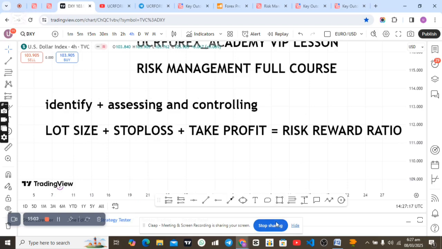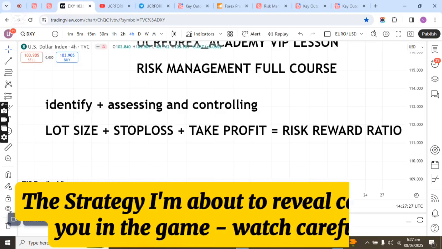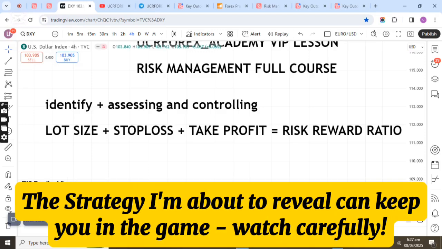So in the forex market, we have different types of lot size. We have a standard lot size, mini lot size, and a micro lot size. So there's a particular lot size you could use. If you use a standard lot size for a certain account, there could be a tendency that you might lose that account in a few minutes or in a few seconds because of how big the lot size is.